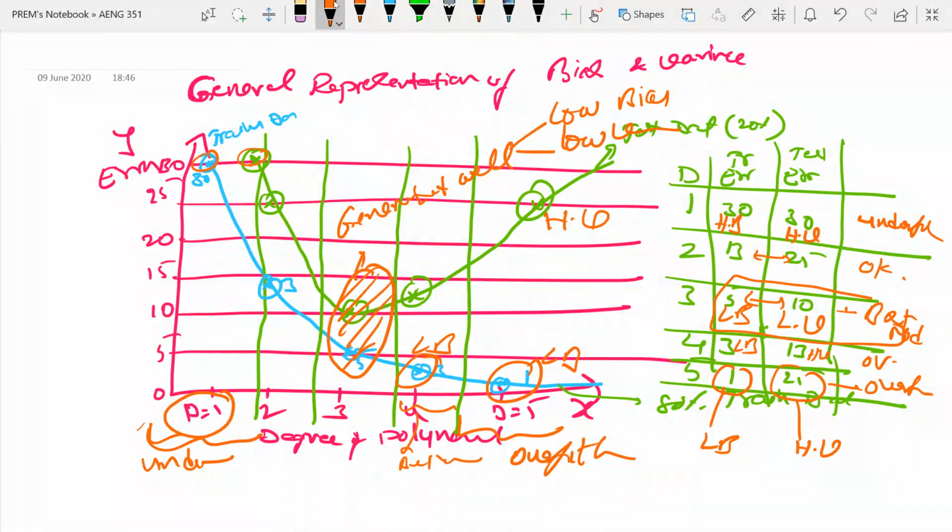If you say degree 2, train error is 13, test error is 25, so this is also not good. It can be considered as a model, but not the best model. Compared to degree 2 and degree 4, degree 3 has less bias and less variance, so we can choose degree 3 as the best model. This model generalizes well on the train dataset and test dataset, meaning low bias and low variance is what is supposed to be given.